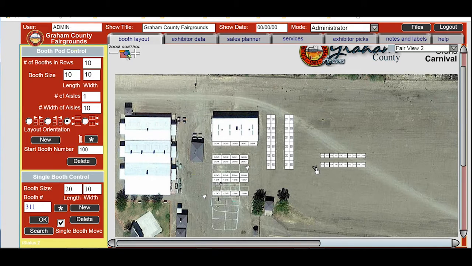Now it always puts the pod to the right hand side of the last pod you created. If you don't have any pods, it's the first one. It always puts it up there in the upper left-hand corner, but it always puts it to the right of the last one you made. You grab that triangle handle, we put it into place,